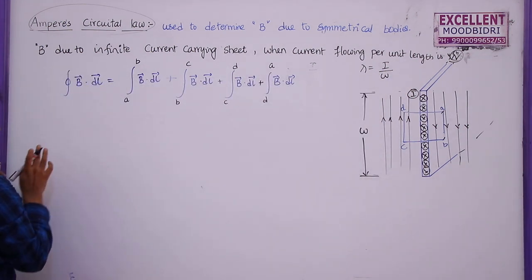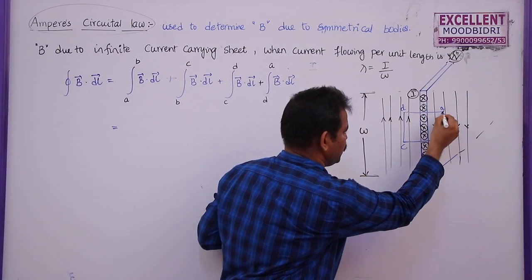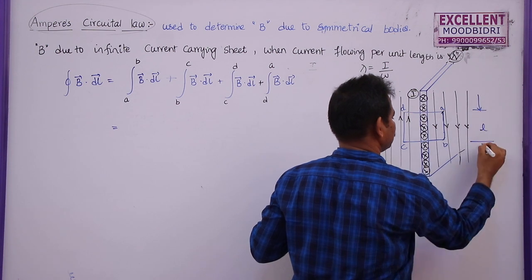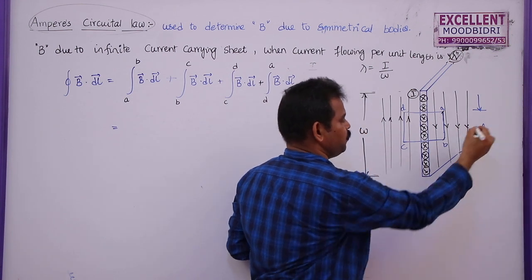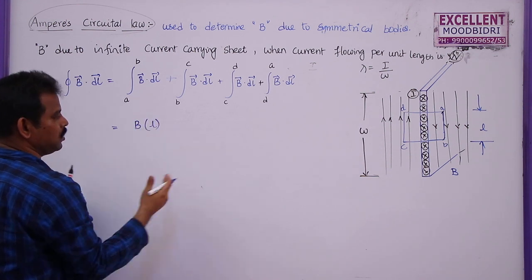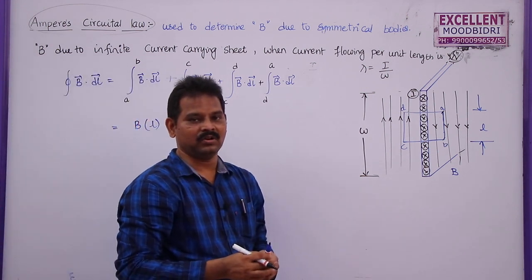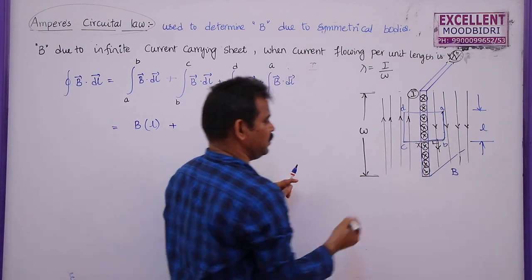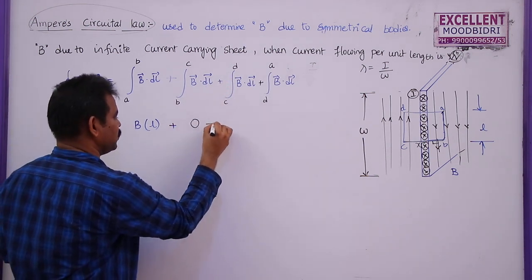Now in this case, for the first side, from A to B, this is the length of this one. Let me take the length as L. And the magnetic field is also acting downwards. This is B. So both B and L are acting in the same direction. This will become B into L cos 0, which is 1, plus. What is the magnetic field direction and length of this one? Let us say this is X. But the magnetic field is acting downwards, angle 90. So B dl cos 90 will become 0. So this component will become 0 here.